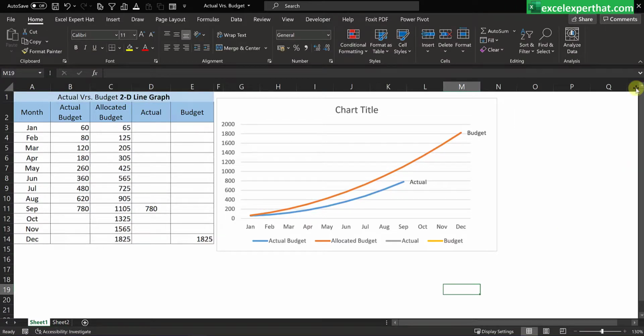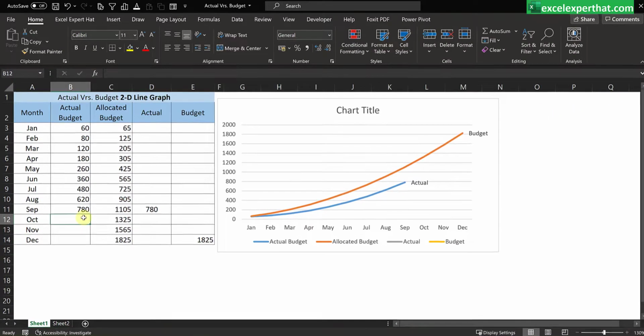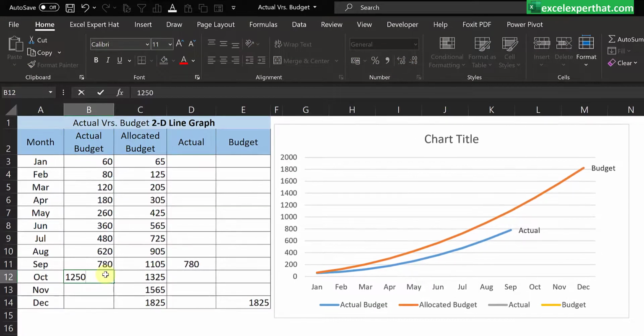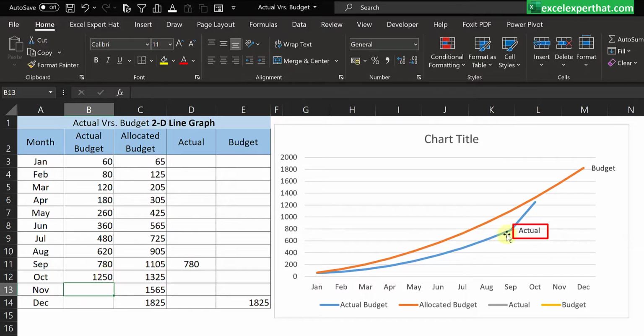But if next month the actual budget changes and the user enters the actual budget for the next month and hits enter, you will find this actual tag is not moving with the actual line. So how to overcome this problem? Let's see. Click delete. Here you need to put an IF statement.